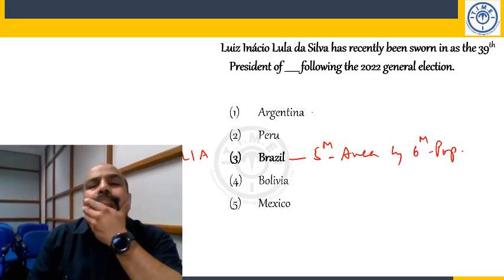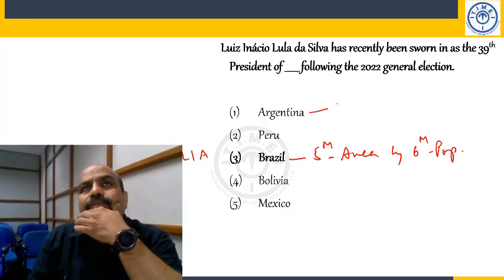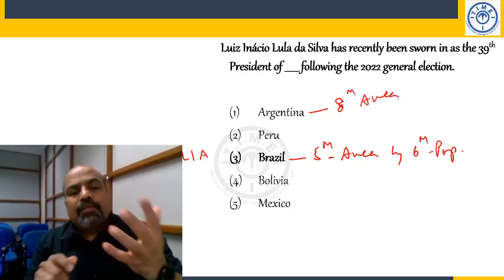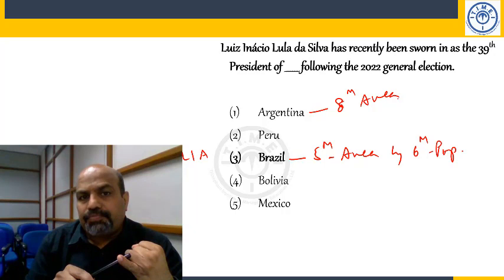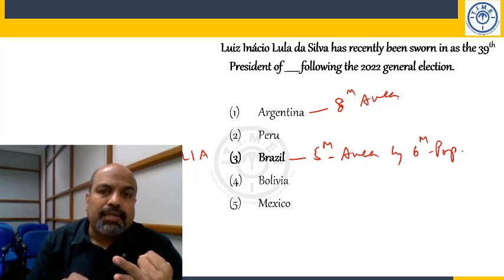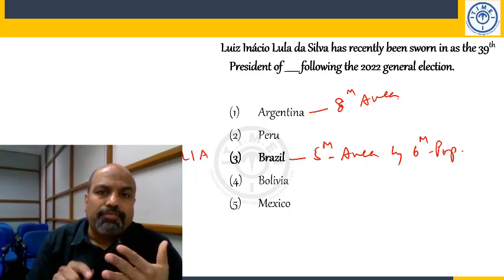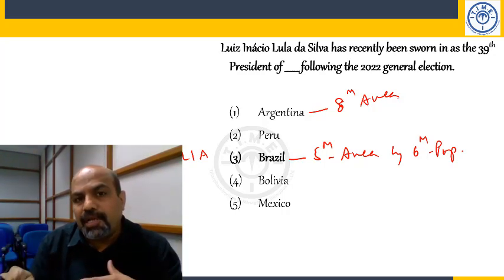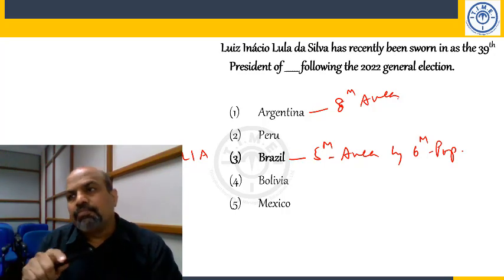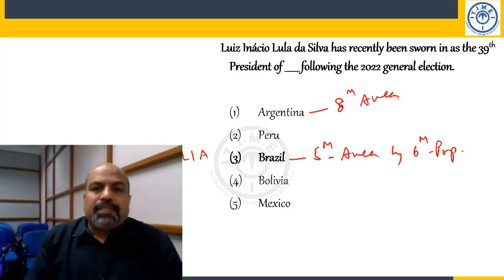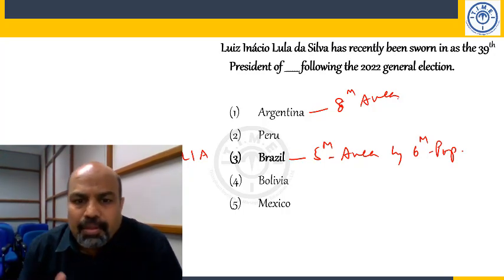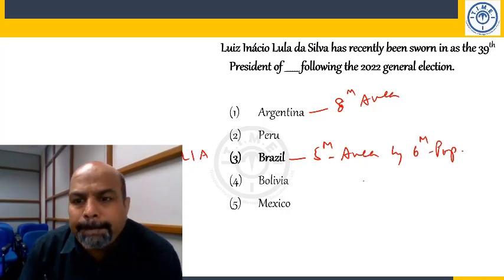Argentina is, if I'm not wrong, 8th biggest by area. Biggest is Russia, 2 Canada, 3 China, 4th US, 5th Brazil, 6th Australia, 7th India, 8th Argentina, 9th Kazakhstan, 10th would be Algeria. At one time it was Sudan, now it's Algeria. I think it's Algeria, yeah. So anyway,